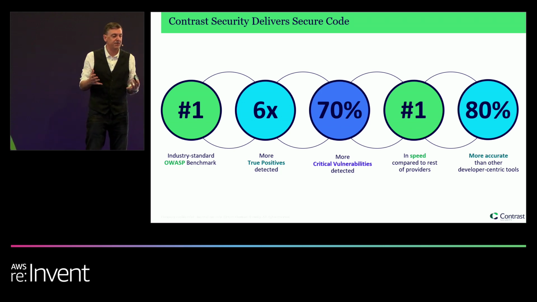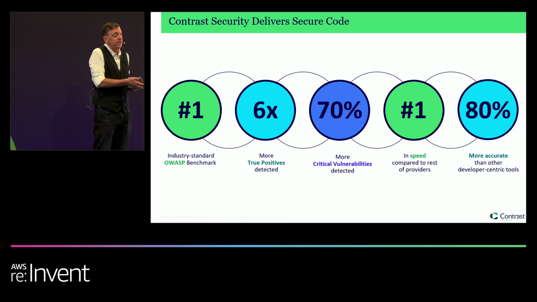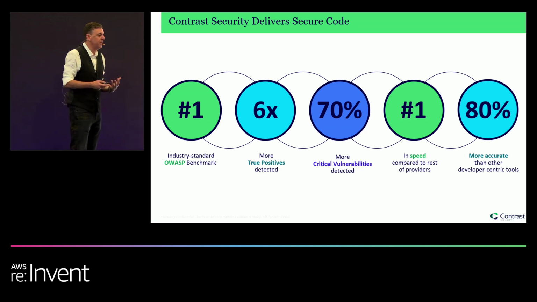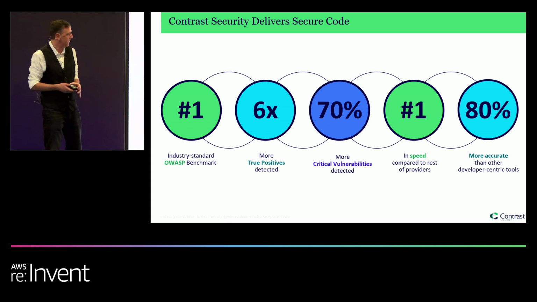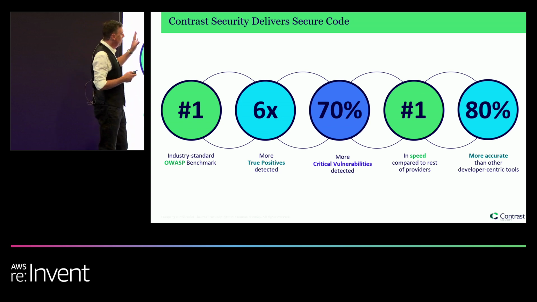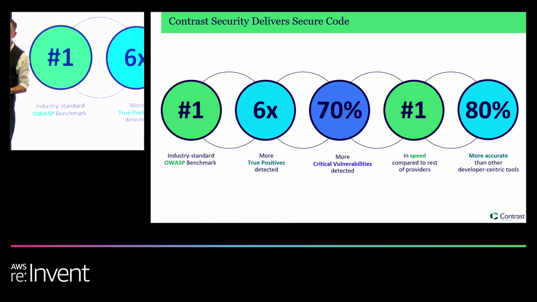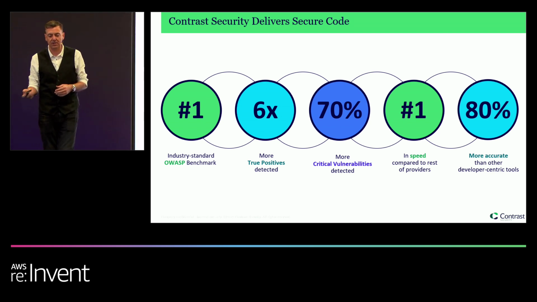If you're familiar with OWASP, it's an organization dedicated to helping developers like yourselves understand the types of vulnerabilities that developers build into their code and how to avoid them and how to correct them. And our tools are built around some of those same principles and can help you instantly identify and protect yourself from those. And what we in fact do is give you much more accurate results with this inside-out technology. And that's going to allow you to move a lot faster.